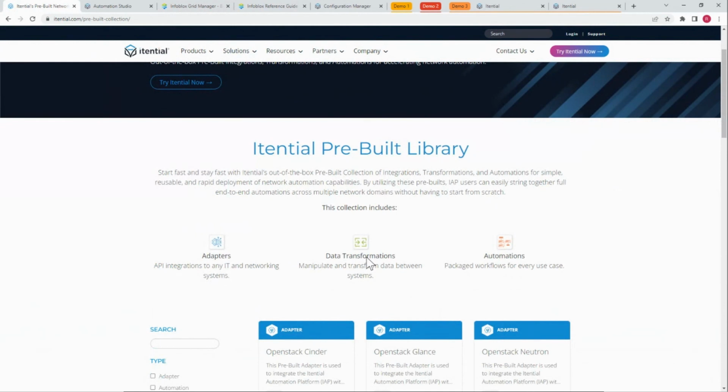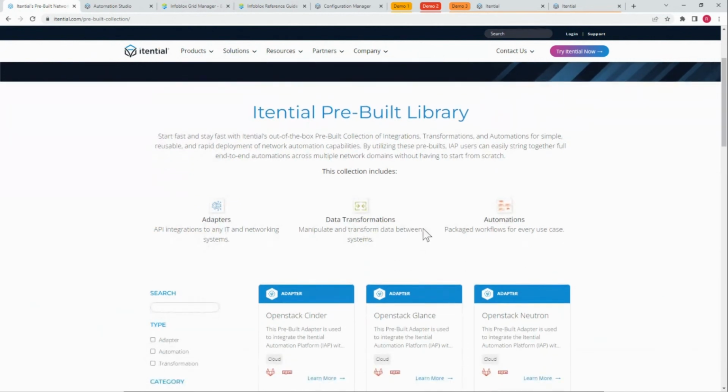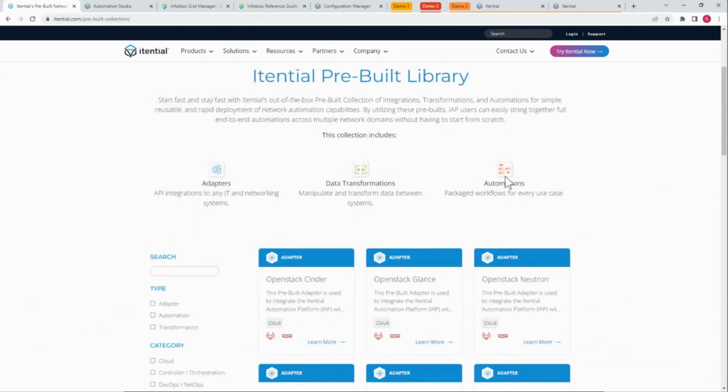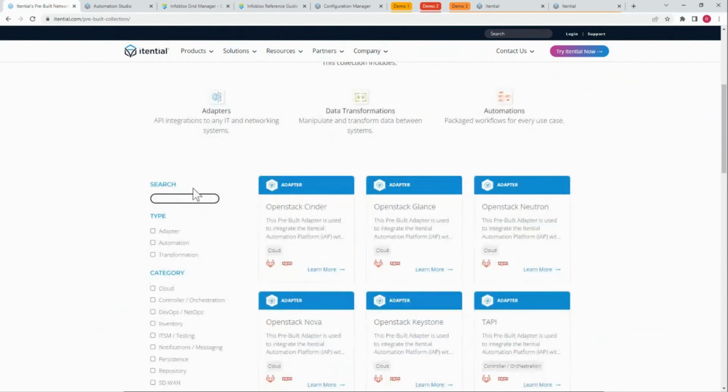Data transformations. Those transformations that I showed you were critical for querying and manipulating information from your sources of truth, so that data can be used in subsequent tasks like network change tasks, our DNS update, our IP address reservation. All that data came from a transformation. And we publish automations. And here's what's key. For Infoblox,